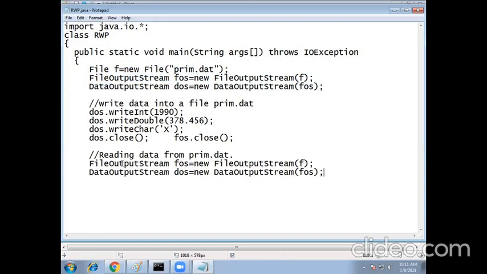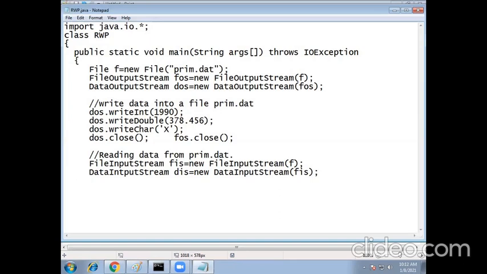Now in place of the output file, use input stream: fis equal to new FileInputStream of f, and DataInputStream dis equal to new DataInputStream of this fis.